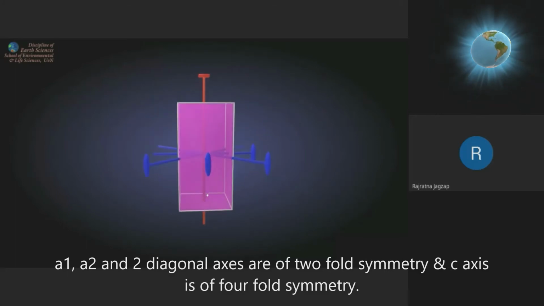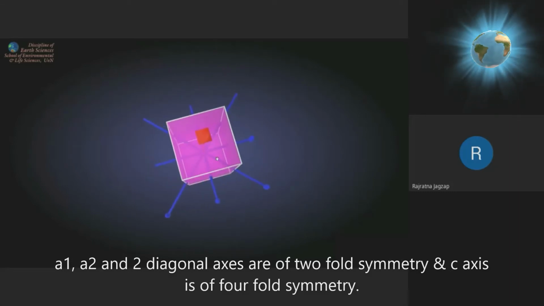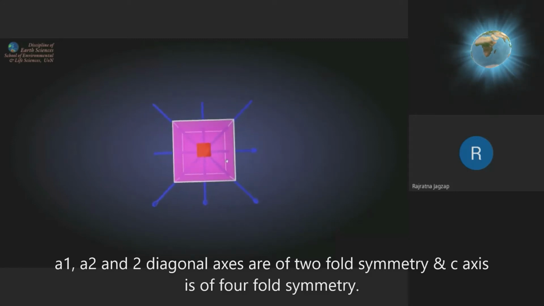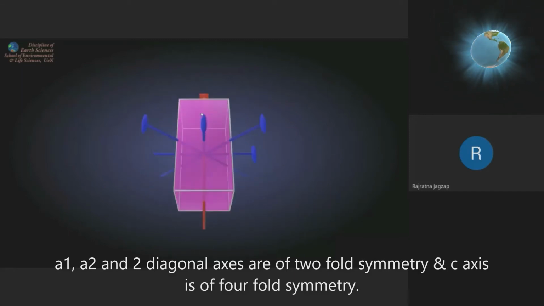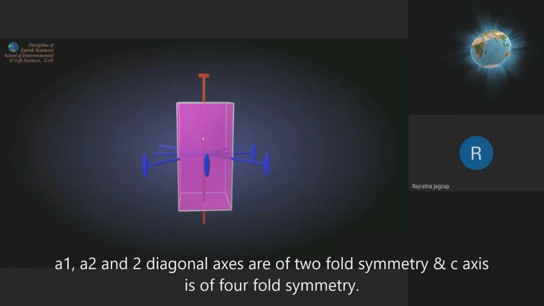It is not a square shaped face, so you cannot count. Further rotate. This is 2, and you can see a square shaped face appeared. If you rotate it further down, a rectangular face will come. You can't count it. Further rotate it down, the original position will come. This is 1. You can count this. It is rectangular. This is 2.